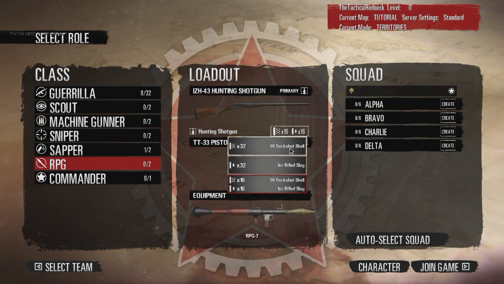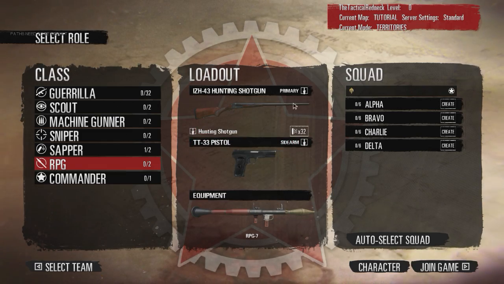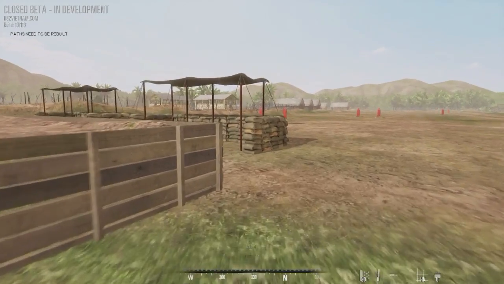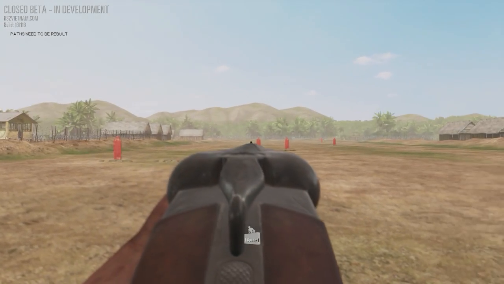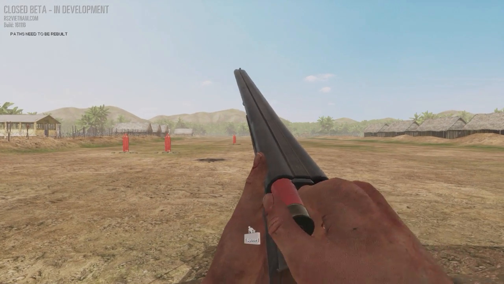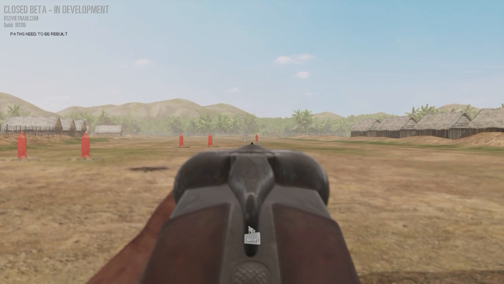Let's go for the double-aught buckshot shell, and yeah. So this is just your standard run-of-the-mill hunting shotgun in this setup. Long barrel, no modifications. C does not do anything. Pretty hard hitting. This thing actually has quite a bit of good range on it in multiplayer. I don't know how far out I can actually...